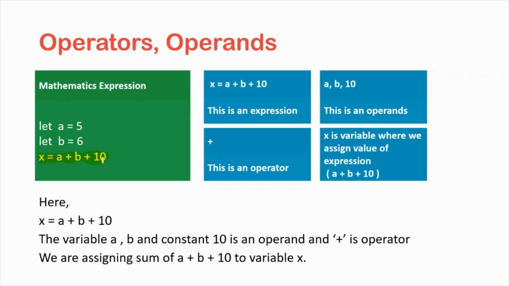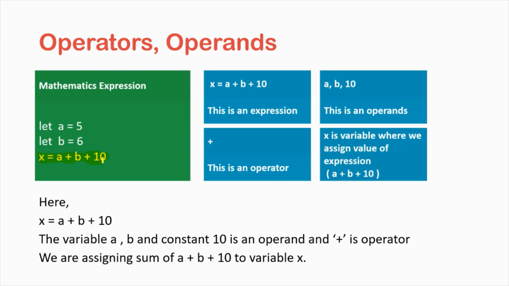What is the definition of an operand? An operand is a variable or a constant. Whatever variable is present in the expression, and whatever constant is present in the expression, all those variables and constants are called operands. Except variables and constants, the addition sign, subtraction sign, multiplication sign, assignment sign, and exponential sign,